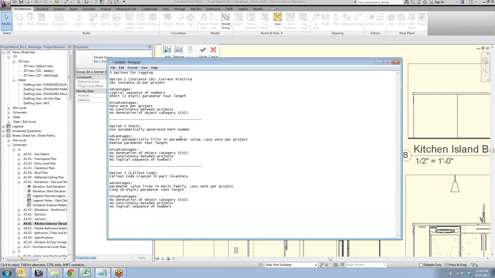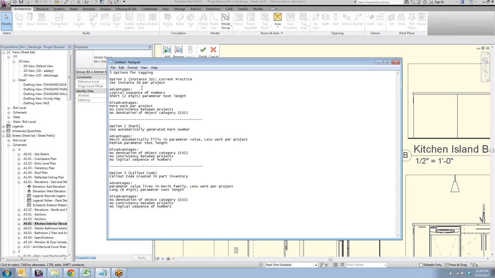I see a couple of advantages to doing it that way, which I already talked about. So you can sort of ignore this middle portion right here. I was trying to give us 3 options, but the mark parameter, which Revit uses and automatically assigns to objects, isn't assigned to all different categories of objects, so I don't think this middle one is going to work for our purposes. But to compare and contrast the 2 options that we do have up here, our current process of